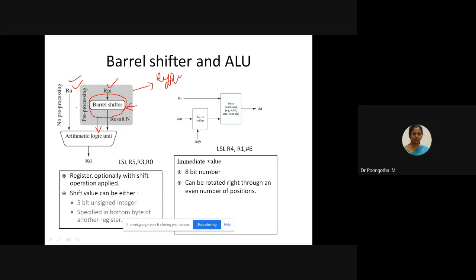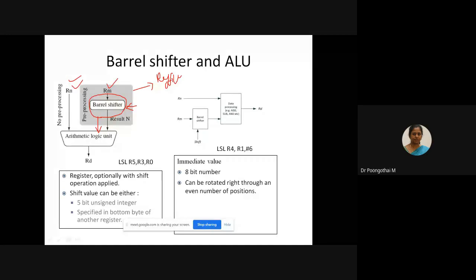When we compare this component with a classical shift register involving flip-flops, the number of shifts requires an equivalent number of clock cycles, since each shift operation requires a single clock cycle. But in this ARM architecture, for n number of shift operations, it requires only one clock cycle. It is a combinational circuit, so the shift takes place within one clock itself.